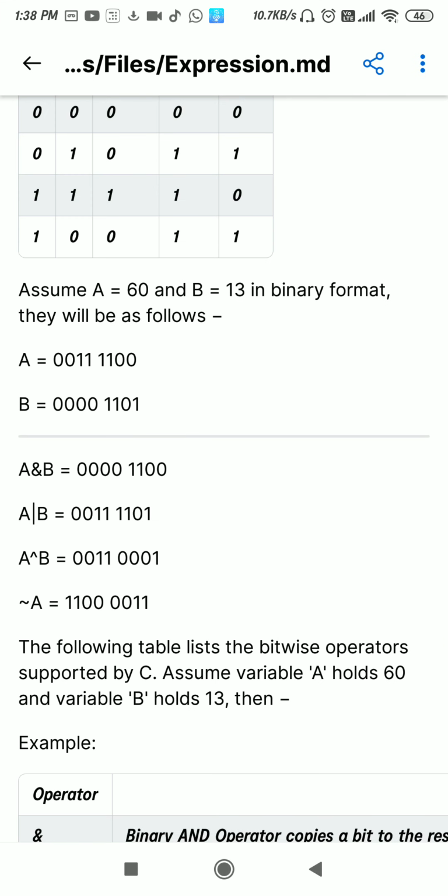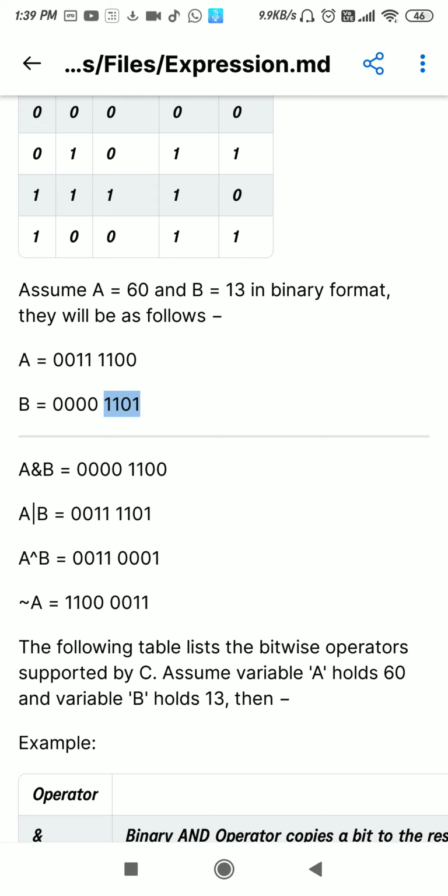So see here, if I say AND of this, the result will be 0. Then here and here you can see 0 and 1, 0 0 0 0 1 1 1 1 1 1. Again all the bits are 0. So if I try to convert this, what will be the result? You can convert it. To the power 0, to the power 1, to the power 2, to the power 3.